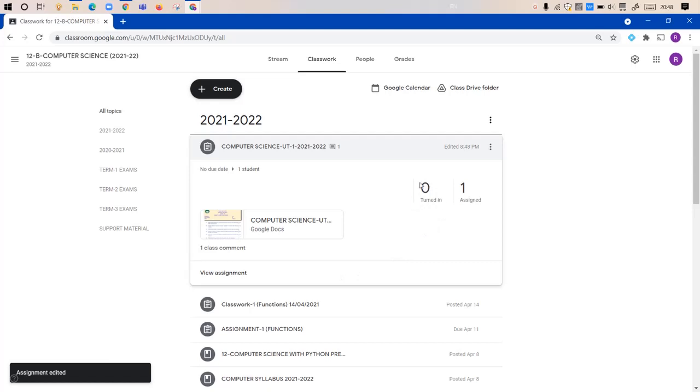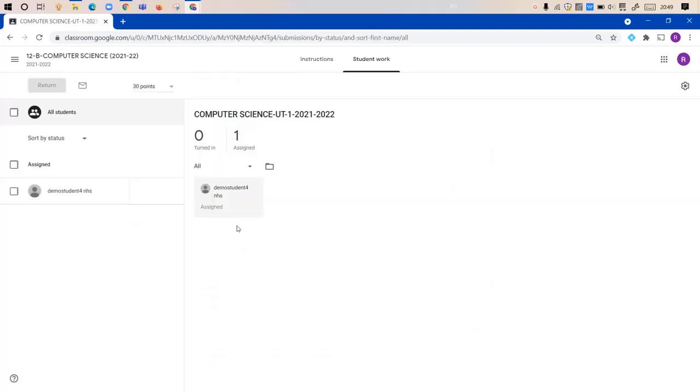Now here you can see earlier the number of submissions was more. They were around 11, but now only 1 has been assigned. Only this is being shown, and this is no one but the demo student to whom you have just assigned the exam. Go to the view assignment page and you will see that it is your demo student who has been assigned this document.